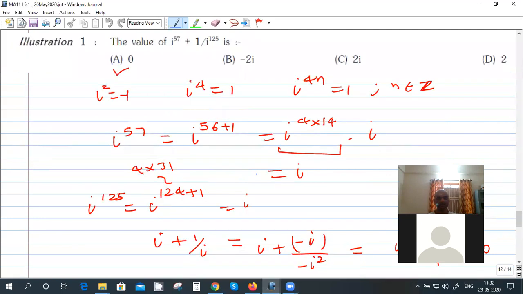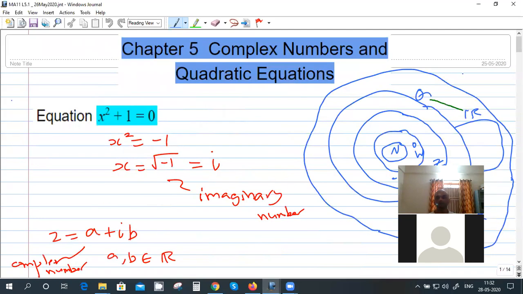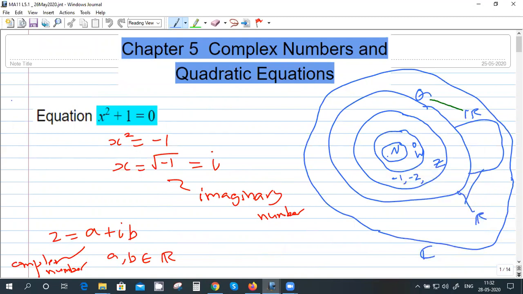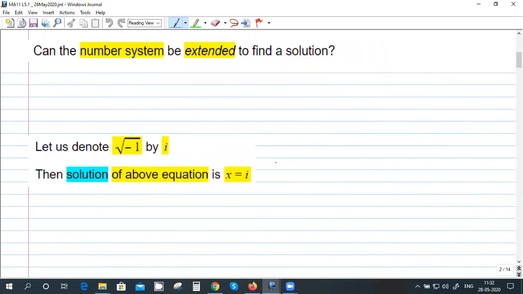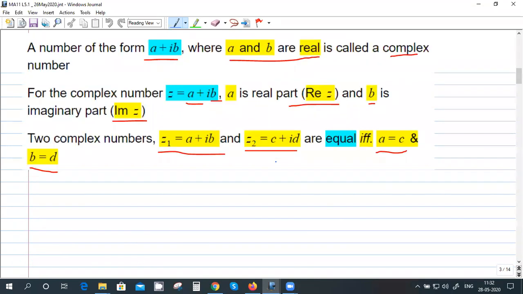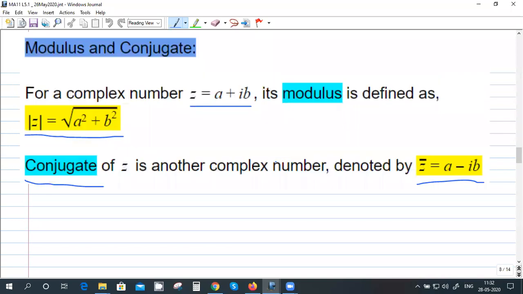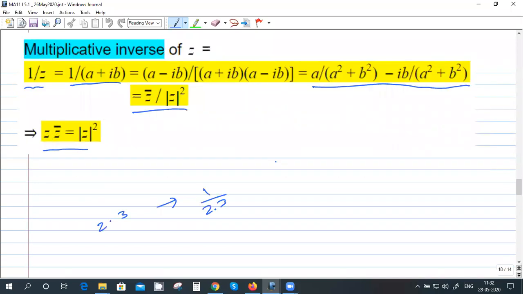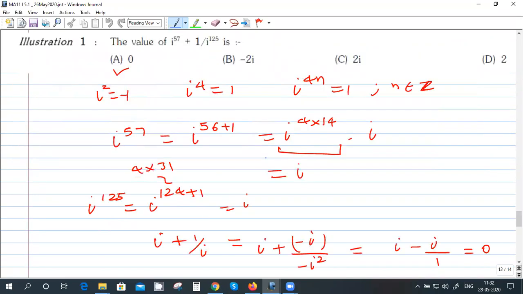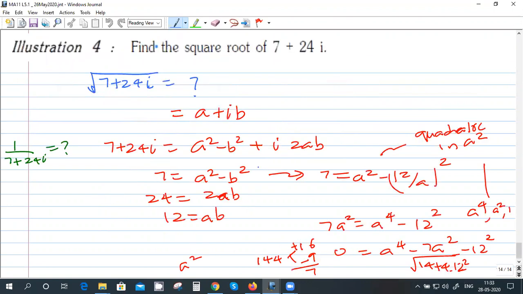So this is what we did last time. Any questions on that? This is the first lecture. Right. So modulus, conjugate, it's clear, no? Modulus of a complex number, conjugate. Okay, we'll move on to today's class.